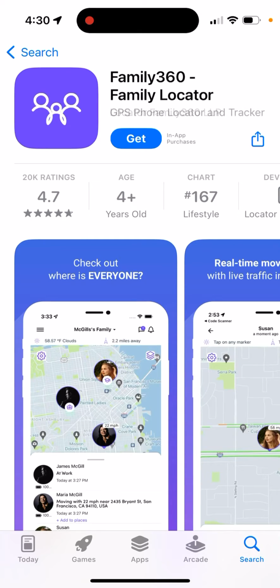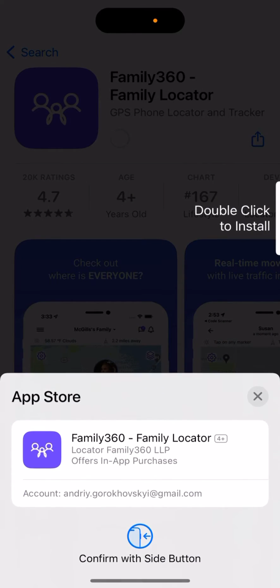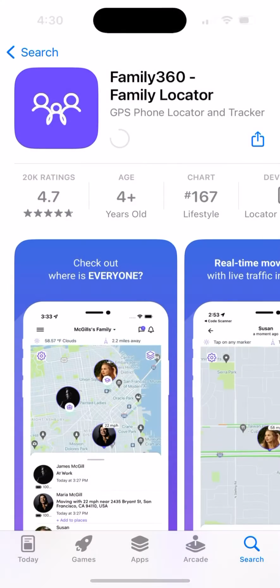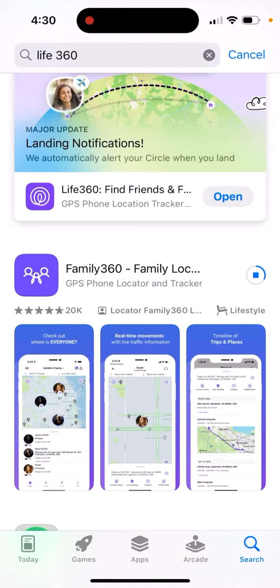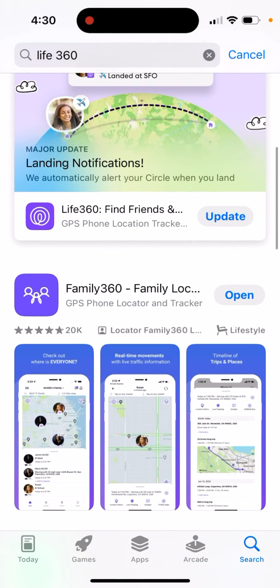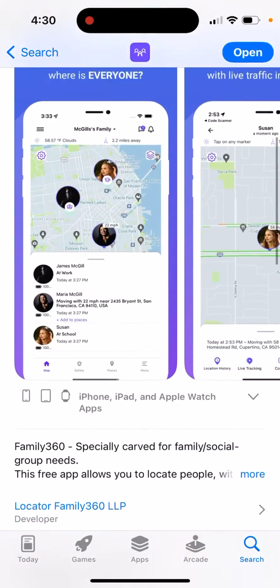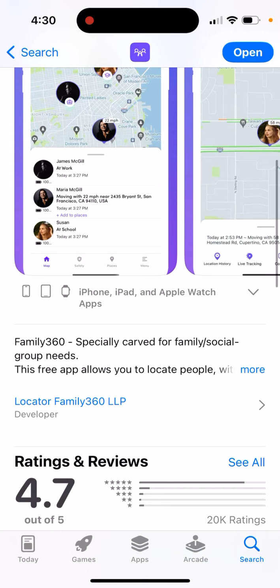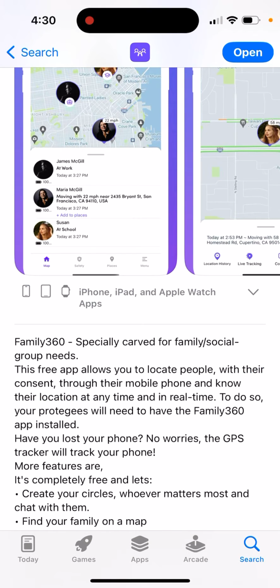So here's this app called Family360 Family Locator app. It's a nice alternative for the Life360 app, which is the leader in this category. I'm talking about this app. But sometimes you just want to find something alternative, and this is a nice app, especially built for family social